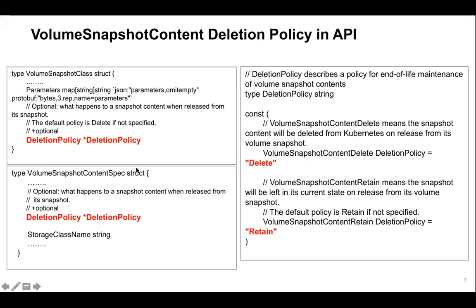Okay, so volume snapshot content spec, right? This actually will be passed to the driver, so the driver will know what to do. So it is in the CSI as well, but this is the Kubernetes interface. The Kubernetes CRD interface has those specified, so it's in the volume snapshot class and also storage class, and then the provisioner or the controller is the one who decides what to do,